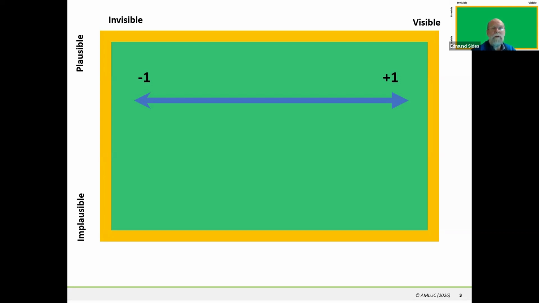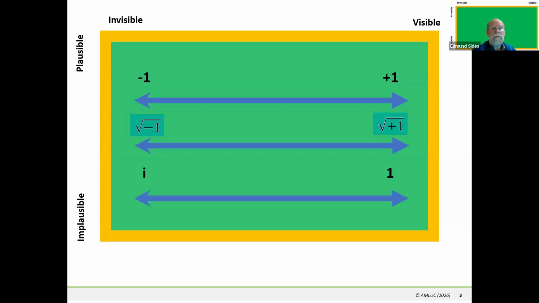However, they realized that a non-conventional approach is needed to deal with the increasing complexity of minerals reporting, such as the varied definitions of critical minerals and the application of artificial intelligence. To address such issues, they propose using an approach based on complex numbers. Hence, instead of going from -1 to +1, each axis would go from the square root of -1 to the square root of +1. And using the common convention of representing the square root of -1 as i, each axis would go from i to 1.